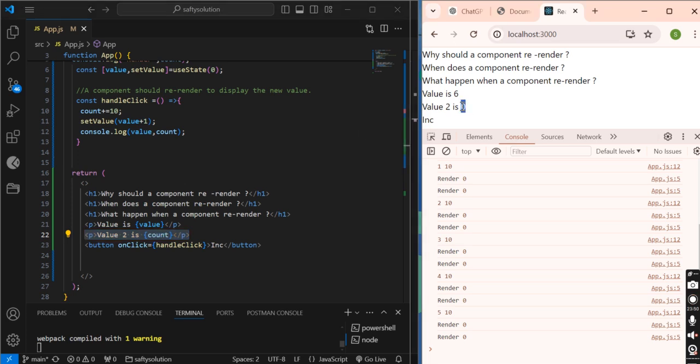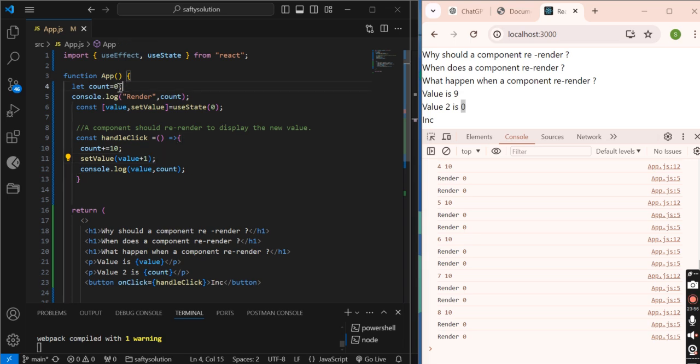Each time it is 0, because each time at render it's 0, so it will display 0. Its value becomes increased by 1 here, right? But since we are not manipulating the DOM directly, it will not increase the value from 0 to 1. And when the component re-renders, again it's declared as 0, a new variable count is defined as 0, and that's why it will define and display 0.